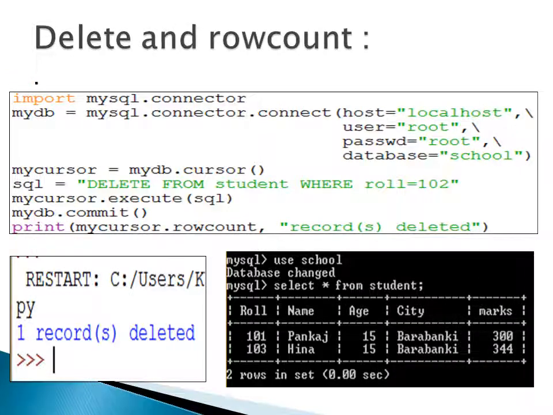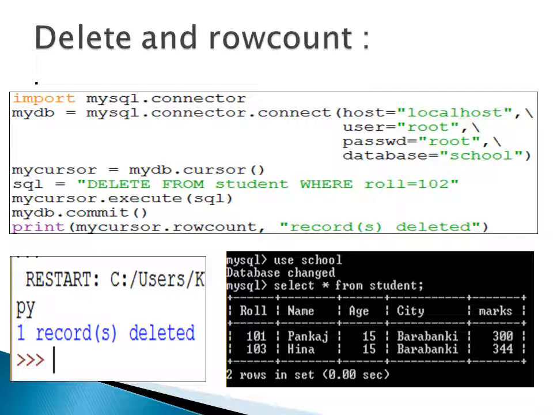Now delete and rowcount. We can delete a record from a table by using a connection. If we want to delete a record or two records, then we can use this syntax. First, the same, we will import the package, we will establish a connection, we will create a cursor, and for example, we will give a name to our query.